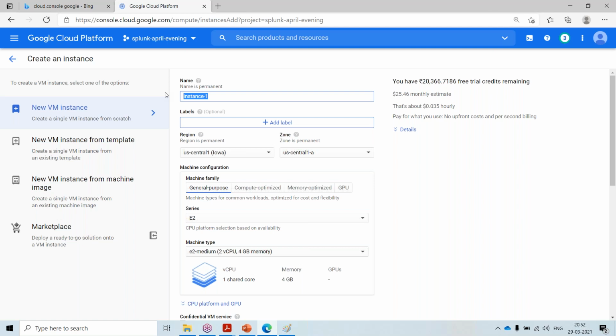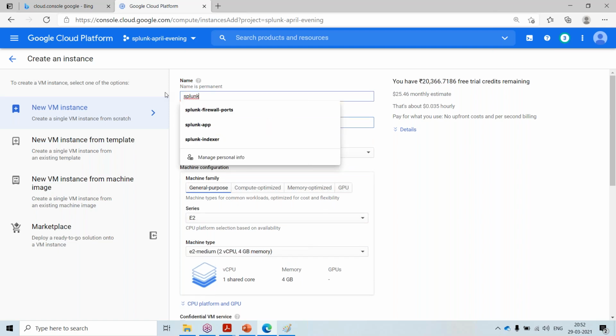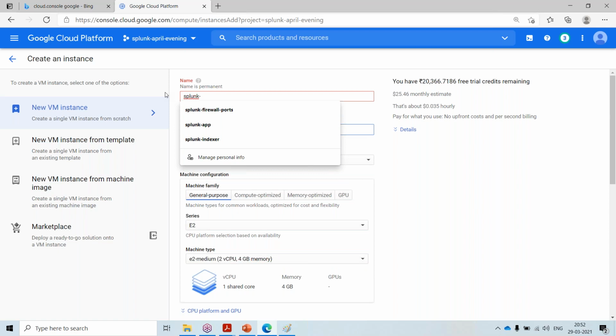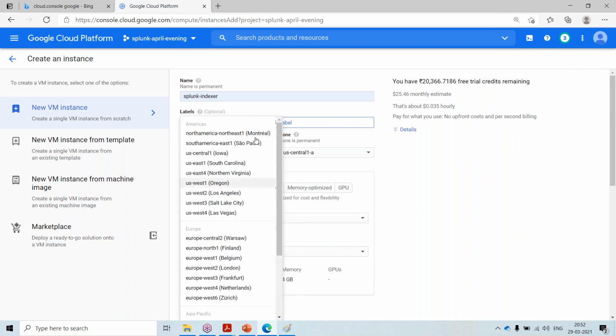So I am creating something like a Splunk indexer. Here I have to select the region. In AWS you find the region setting elsewhere, but here you can straight away select the region where you want to create the instance.